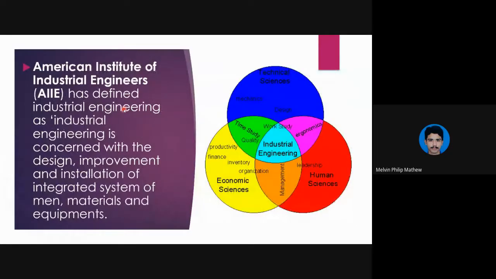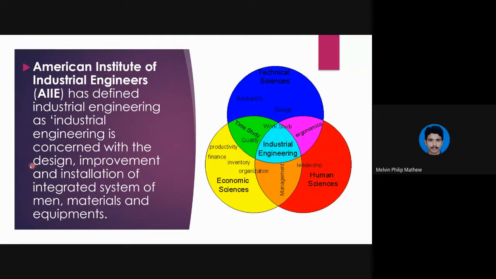Then next is the American Institute of Industrial Engineers, in short form AIIE. They have defined industrial engineering as being concerned with the design, improvement, and installation of integrated systems of men, materials, and equipment. So this is given as the apt definition. So first you are designing,